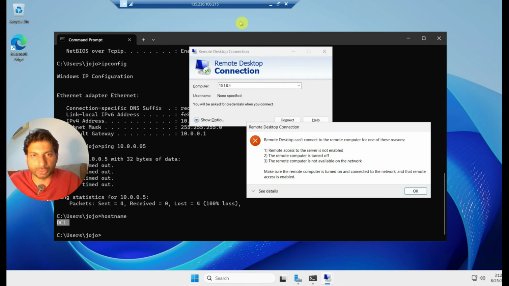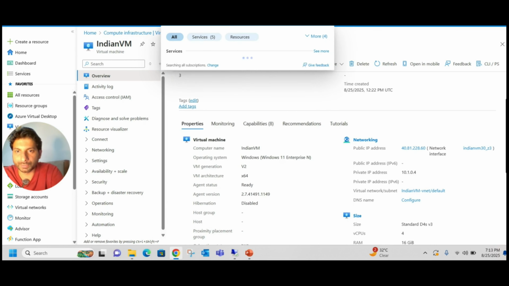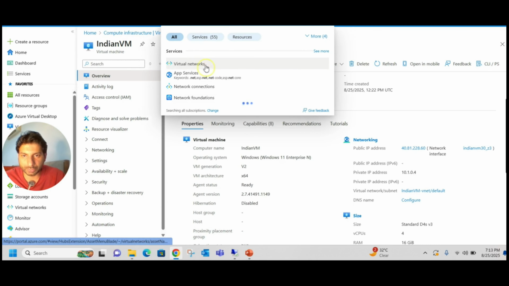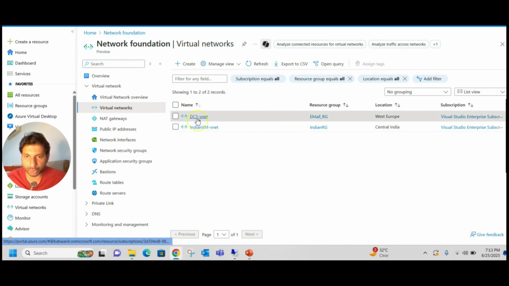Let's see. For that, let me go back to the Azure portal. Right now, let me search for VNet. So here we have the virtual networks. We have two virtual networks: one is DC1 VNet, the other one is Indian VM VNet. If you check the first one,